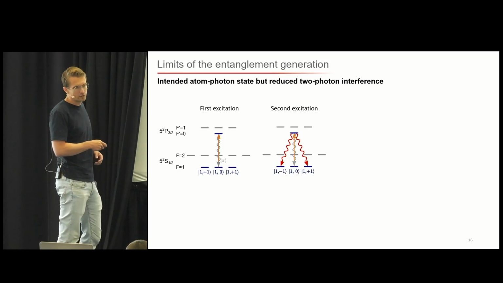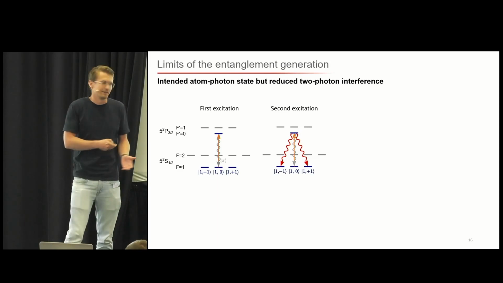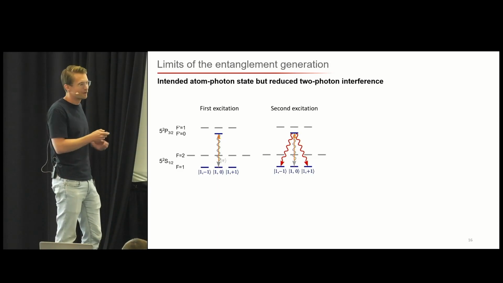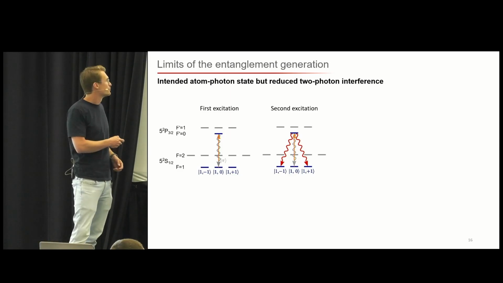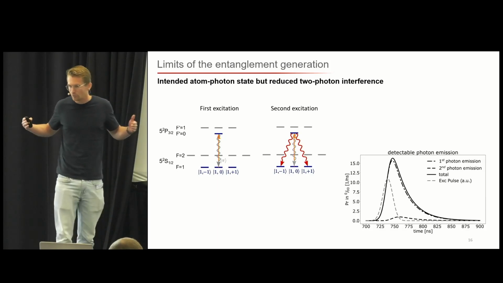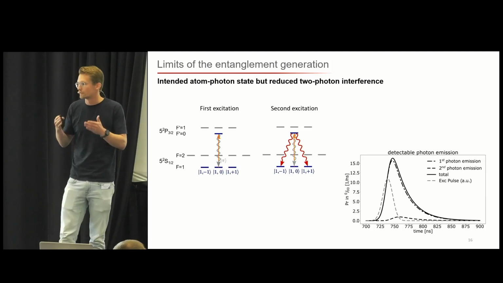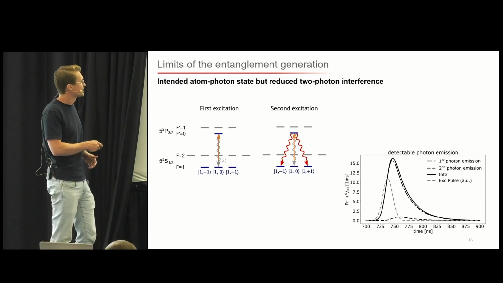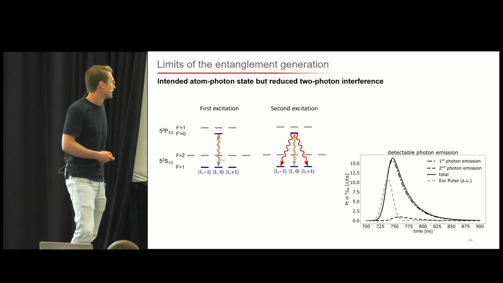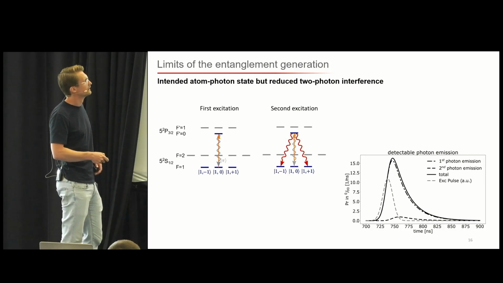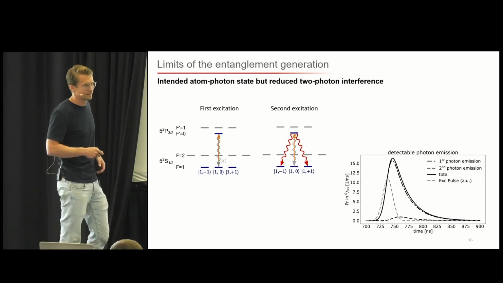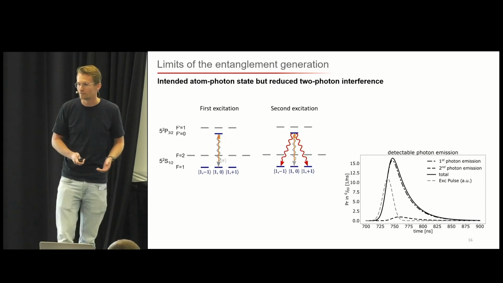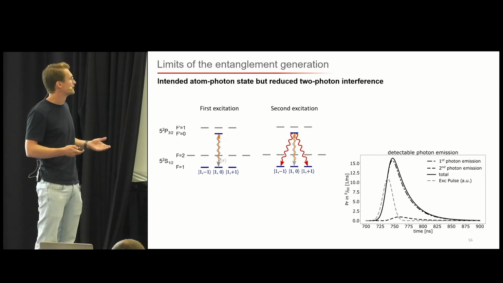If we now look at the atom-photon state that we get out here, it's perfect. Right? This is exactly the state that we wanted to have. The photon that we can detect is entangled with the atomic state. However, the temporal shape here is different. And for our 2-photon interference, the temporal shape of our photons is also important. So while having the correct atom-photon state, we still get a reduced atom-atom state fidelity. What you see here is a simulation of this process where you see the detection time of the photons. And you see this bump, and this is the second excitation, which happens in roughly 4% of the cases, which reduces the atom-atom state fidelity.